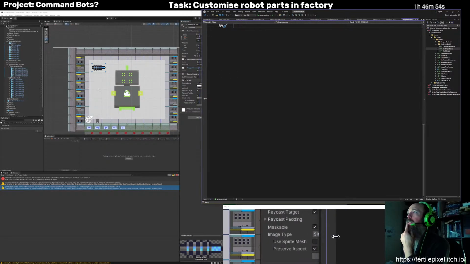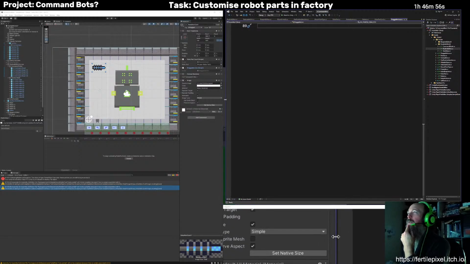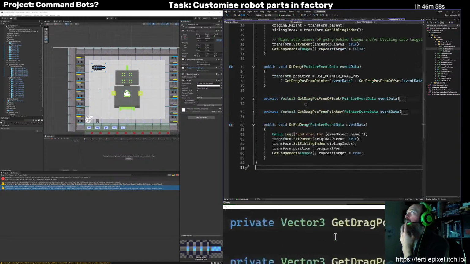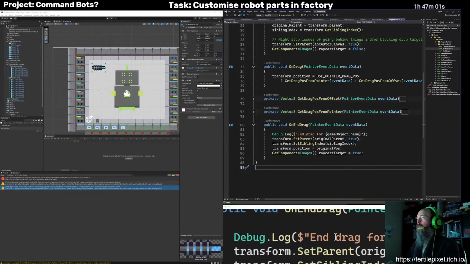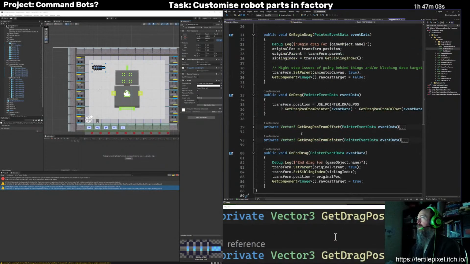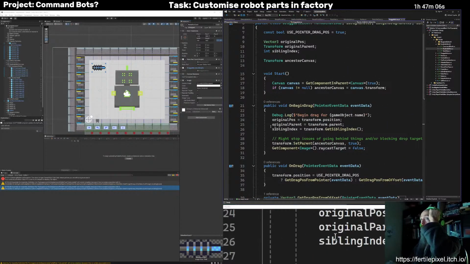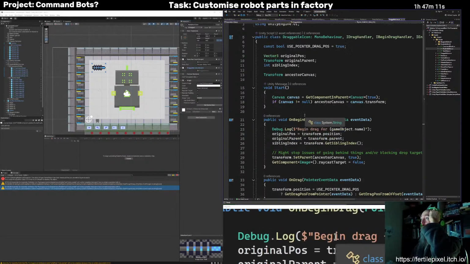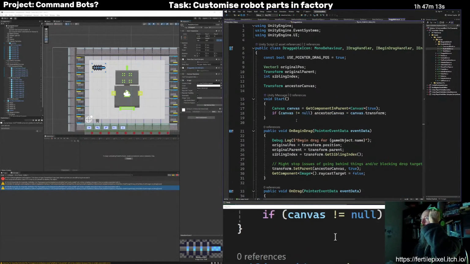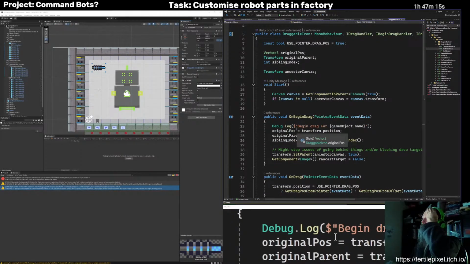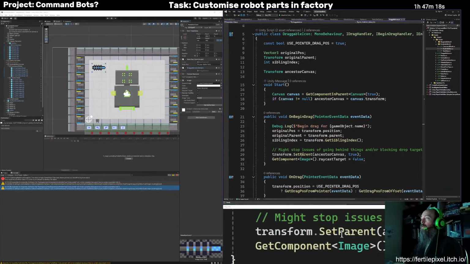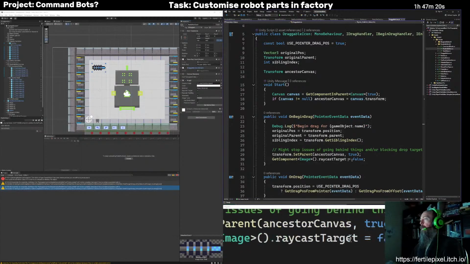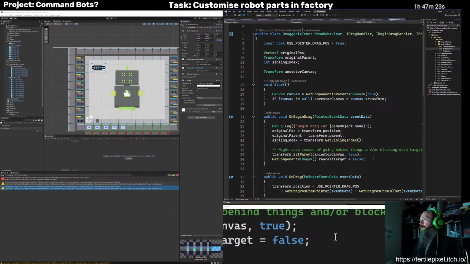And I might just make that go like that so we can actually see that. So that has all the drag related stuff, but this is used for multiple things. It's used for these buttons here as well. And so what I actually want to do here is I want some extra behavior for on begin drag. But it's going to be special behavior notifying the blueprint editor.